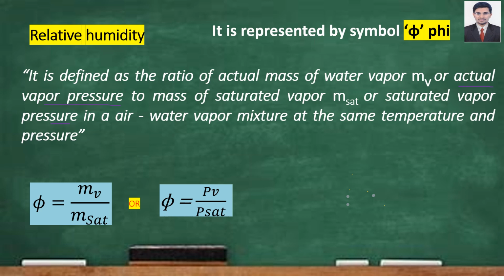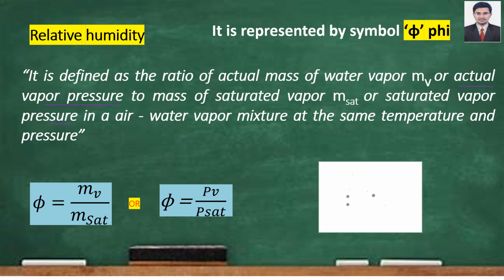By reading the definition of psychrometry and relative humidity, the concept of relative humidity will not be clear. So I will explain with one example to understand the concept better. Now consider a small room. Inside the room, I will consider atmospheric air. These dots represent atmospheric air. Now this atmospheric air is in an unsaturated condition.